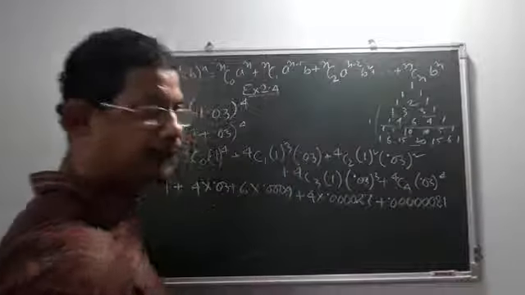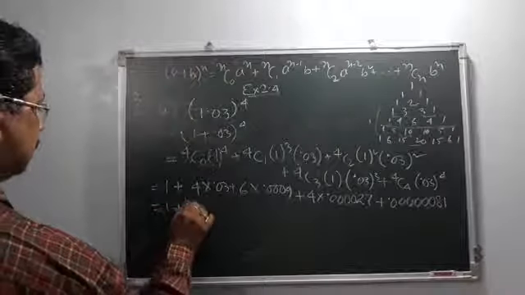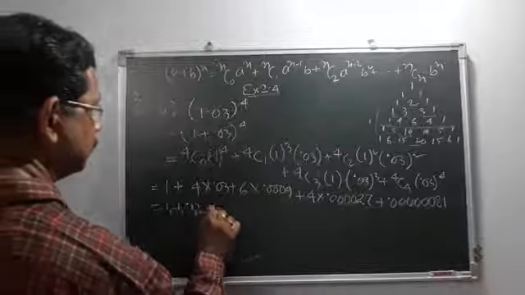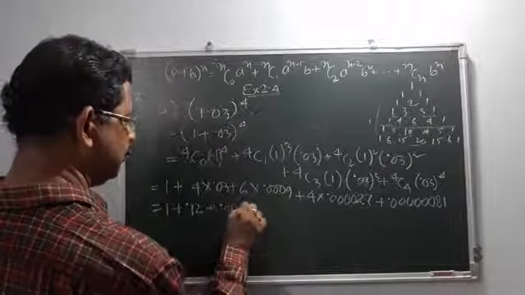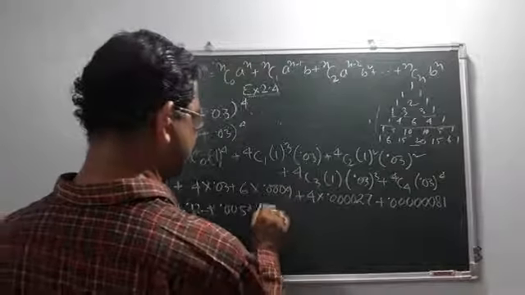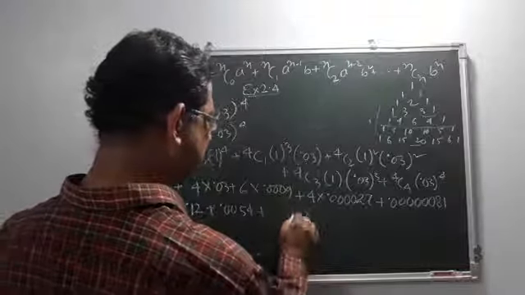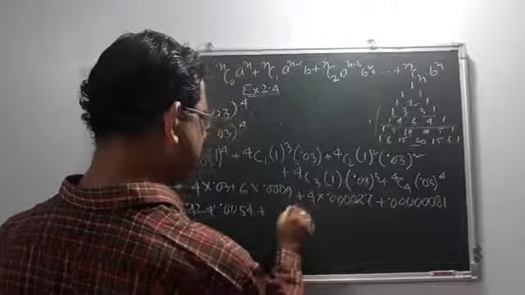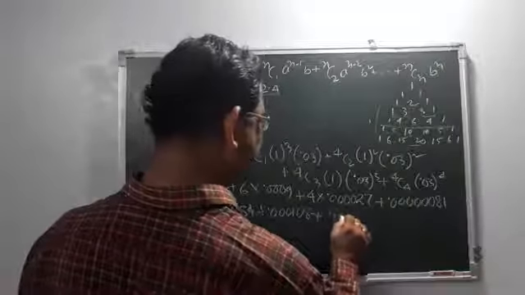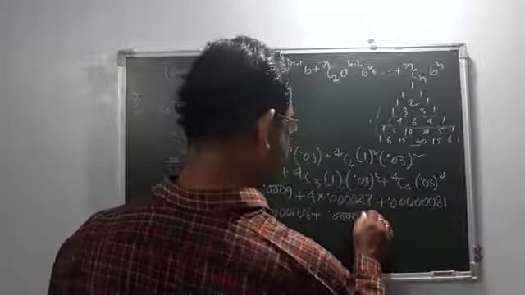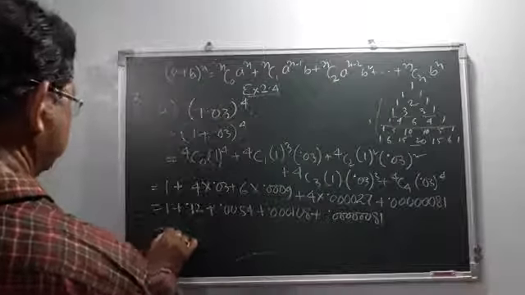So up to this one. Now if we multiply, 0.12, then 0.0054, 0.108, so another 1, 2, 3, and 0.0000081. Now if we add